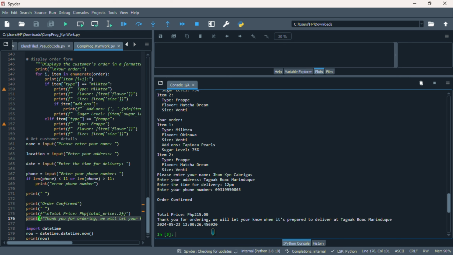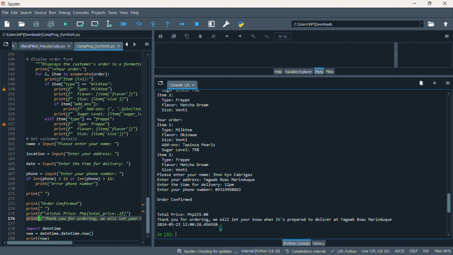The order has been confirmed, and we can see the total price of the order that we placed. As you can see, the total price of our order is 215 Philippine pesos.